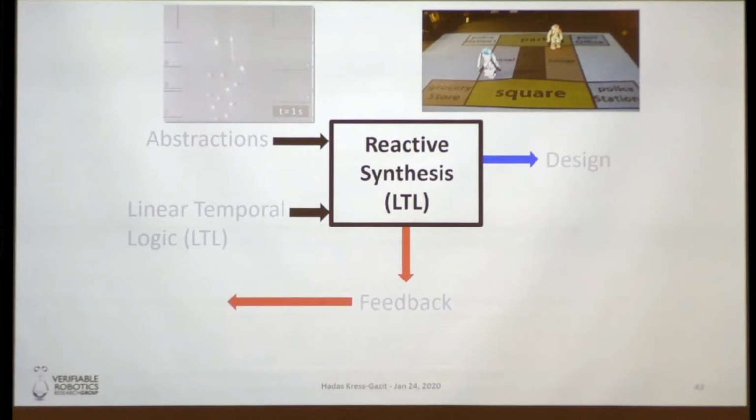Okay, so that's a little bit about the swarms and how we think about abstractions for swarms. Yes? Following up on the deadlock aspect, is deadlock introduced just because of the short look ahead of the control barrier functions, or without the barrier functions is there also a possibility of deadlock? The reason for deadlock is if you're trying to maintain a safe distance between robots and you have a narrow passageway. Imagine you walking down the hallway and there's another person in front of you and you want to maintain your personal space. It's going to deadlock, right? Unless you coordinate, and there's no coordination here. Each one has their own, so it has to do with the safety controllers.